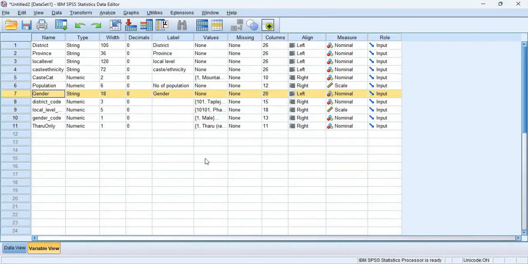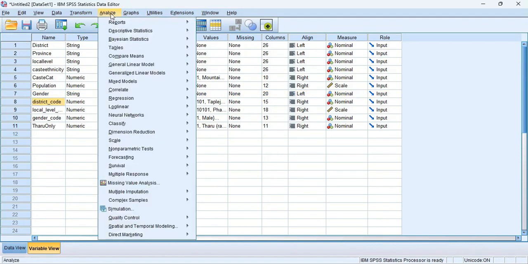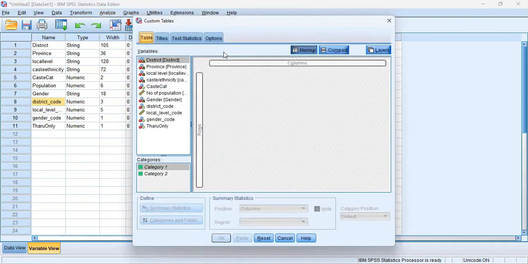Here I am with you to present how we can export the output file of SPSS into Excel. And here I have sample data, and all of you already know that for any kind of analysis in SPSS we have to go to Analyze, then Tables and Custom Tables. And I'm going to cross tab